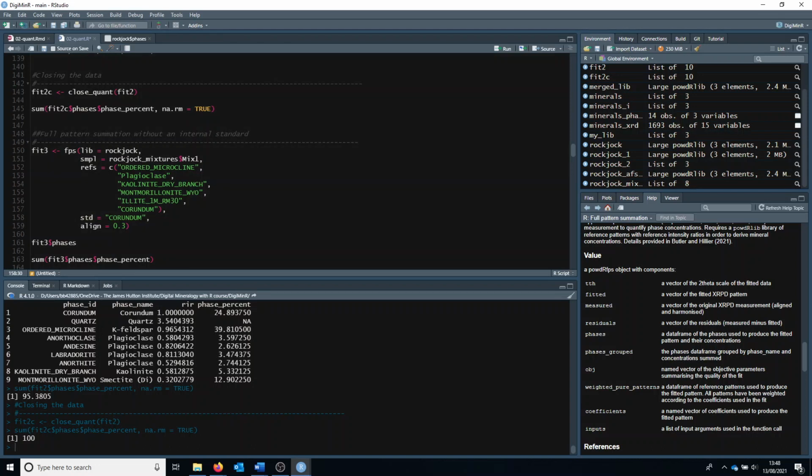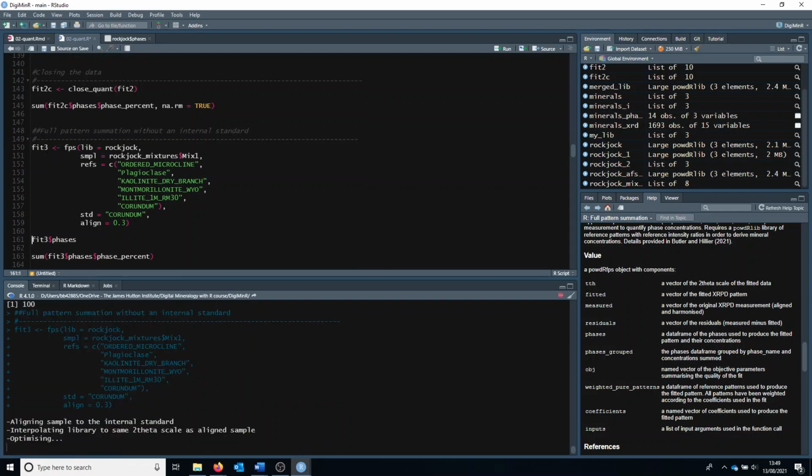So in this case, when you don't define the concentration of the internal standard, you'll just be defining something to do the alignment. So we can stick with corundum here, but you could equally choose quartz or some kind of mineral with an invariant chemical composition and a crystal structure and good peaks to do the alignment with. So if we run this,